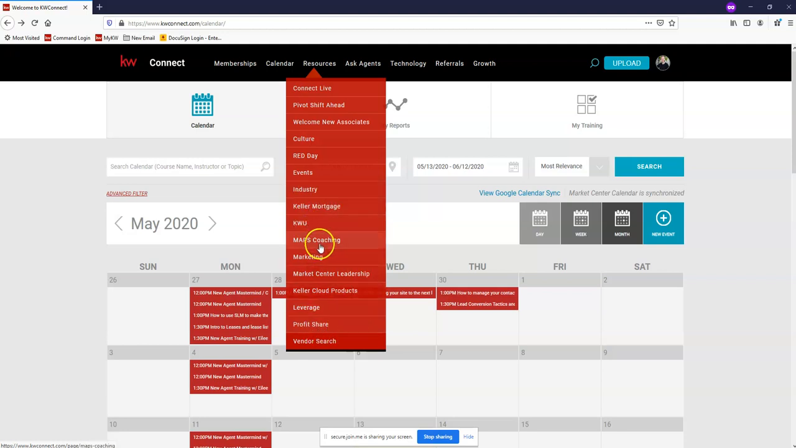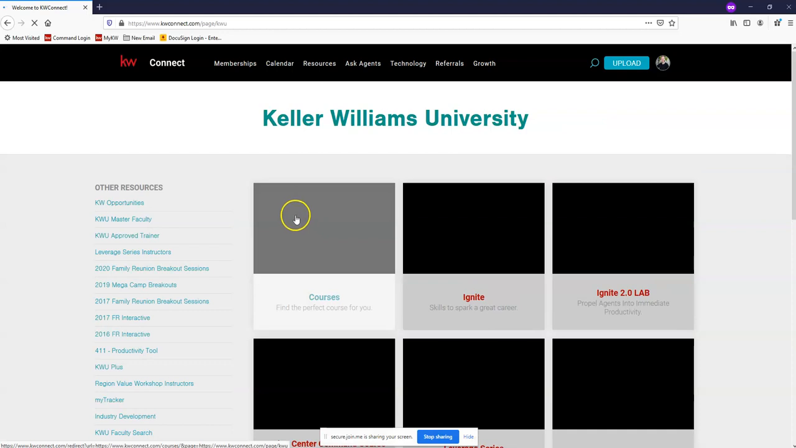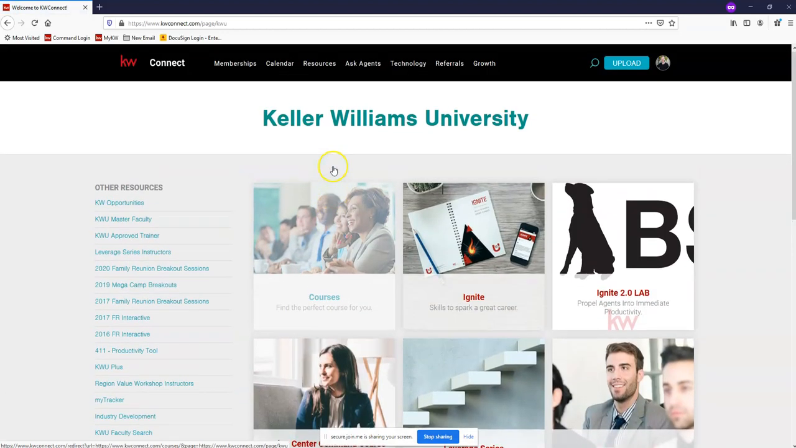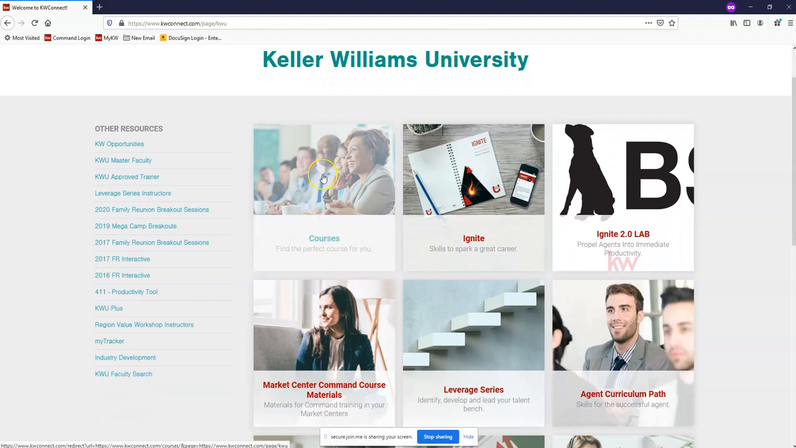So now what I want to jump into is I'm just going to click on KWU. That way you can see what this page looks like. This may look familiar, as this was once the original dashboard for Connect. What this is going to allow you, again, is access to training resources. Think of it as almost like online training,